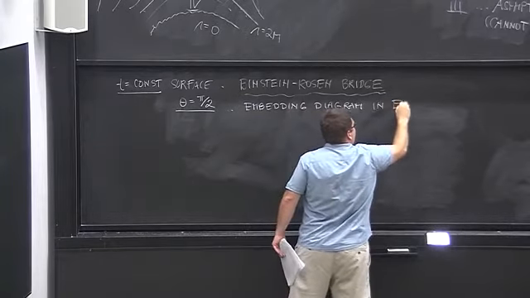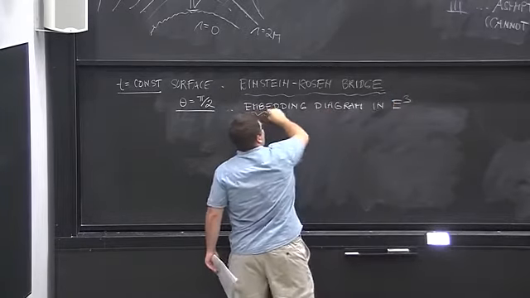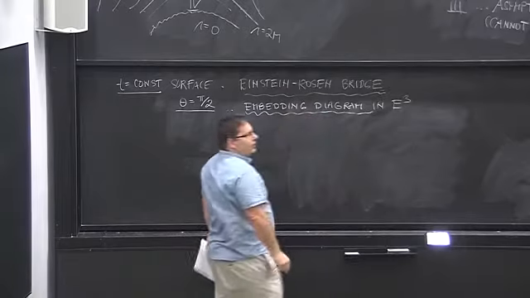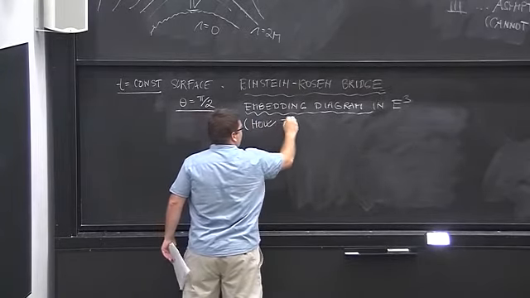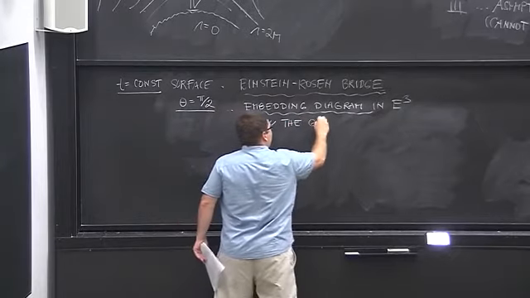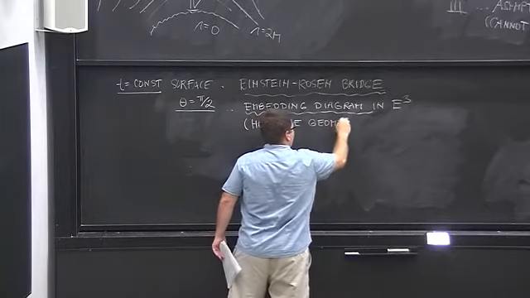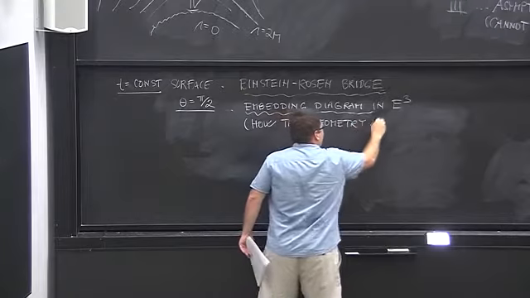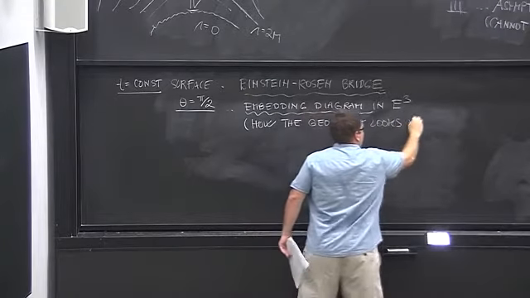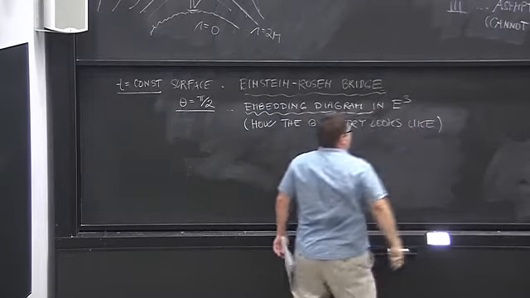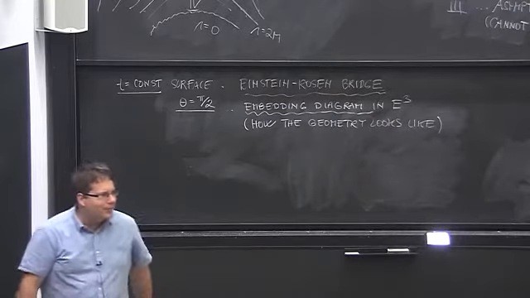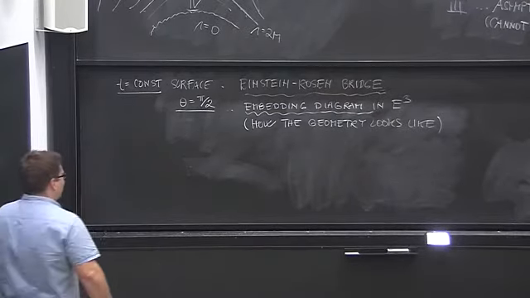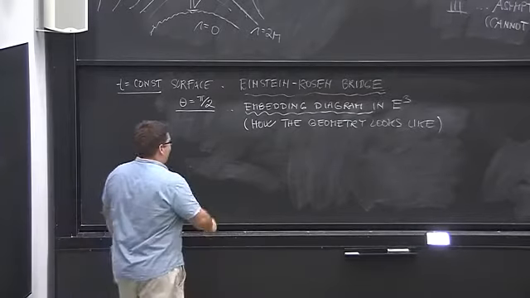In Euclidean space in 3 dimensions. And so an embedding diagram is something that describes what the geometry looks like. Okay, so now you will study that in your tutorial today. You will do explicitly this embedding diagram, and you will construct it yourself. Here I'm just giving the answer.